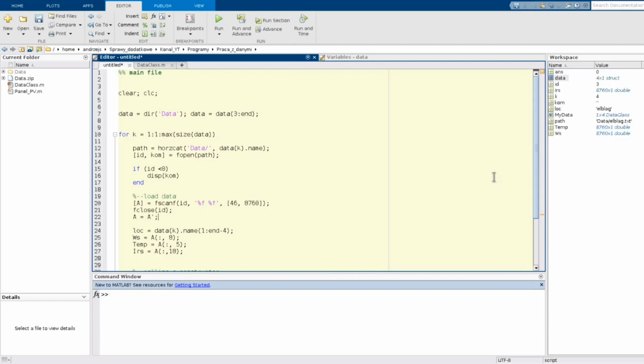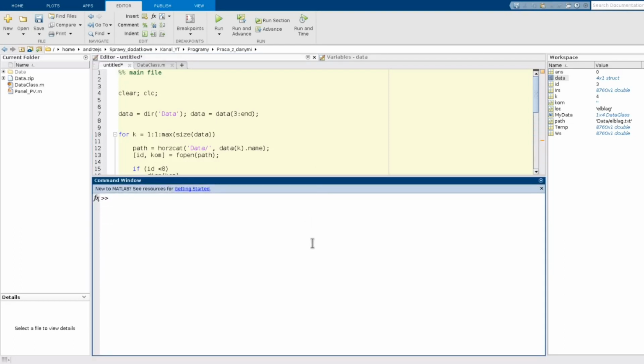Okay, everything was correct, there is no error, and we have this workspace in here. As you can see, as I promised, the workspace is very clean. We don't have too much unnecessary variables in here, too much mess, but what we have is my data table of our objects of data class, and let's have a look how we can easily use it now.